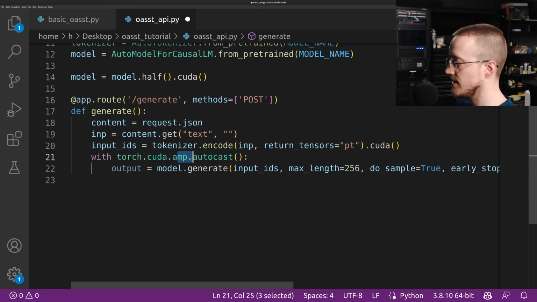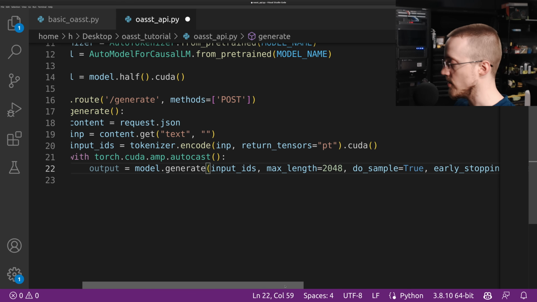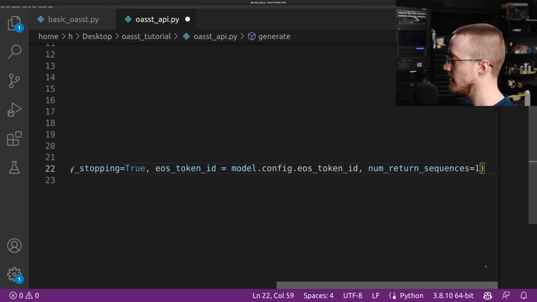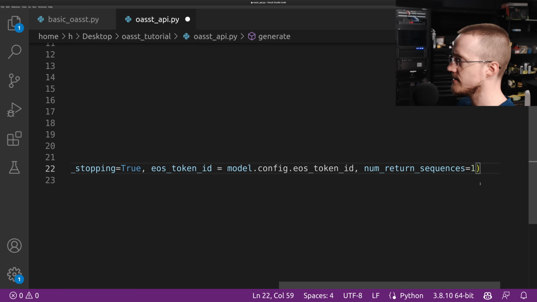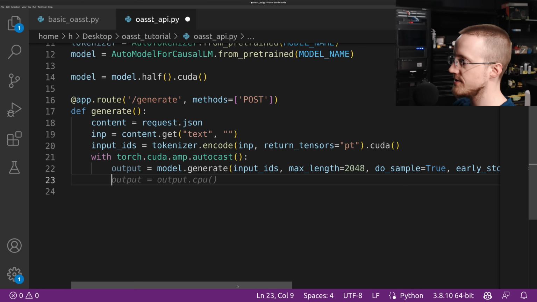So again, with the automatic mixed precision autocasting, we are going to generate. We're going to allow a max length. And in our case, since this is going to be an API, we're going to set that to 2048. We'll talk a little bit more about that in a moment. But everything else looks good. So then what we'll do is we will say,